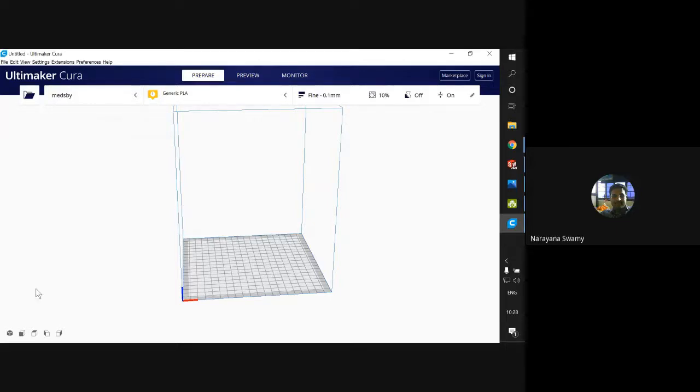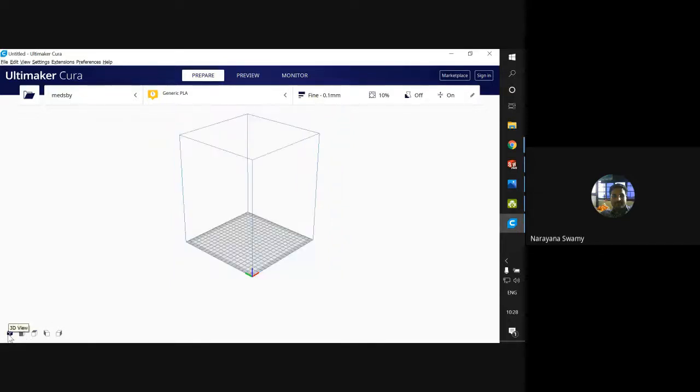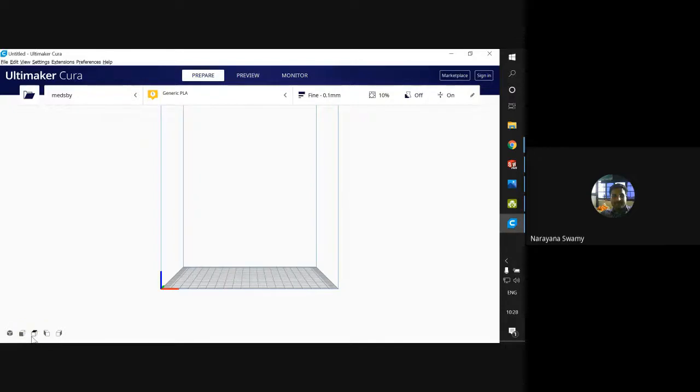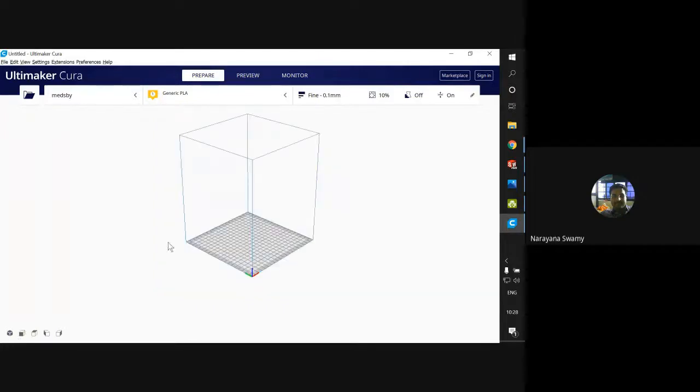Once you load the part here, at the left bottom corner you can see an isometric view, front view, top view, or side view. We'll see that when we load the component. To load it, we have the file option.